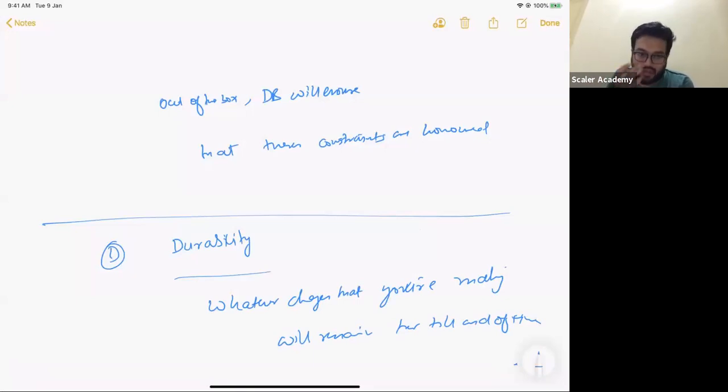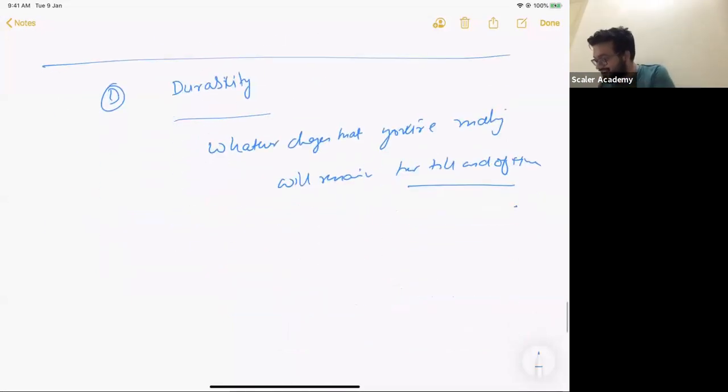Now I am pretty sure that none of you would be assuming that to be the case, but let me just tell you for the sake of clarity. This does not mean that it will remain till the end of time. A guarantee is a guarantee. But what if you put your box on fire? If you put your box on fire, the DB guarantee of durability would not come in handy. Durability simply means that if the box is up and running, you would for sure always have that update persisted there. Cool. So we have discussed durability as well.